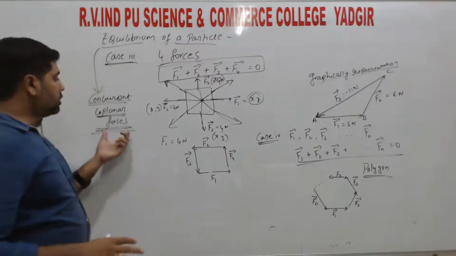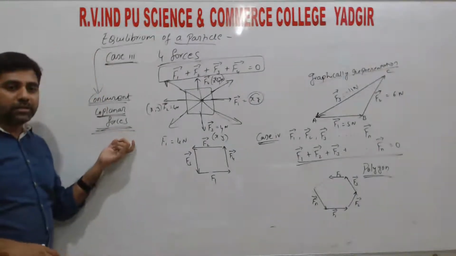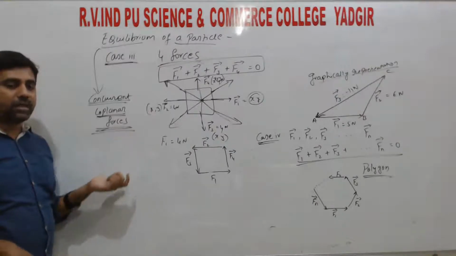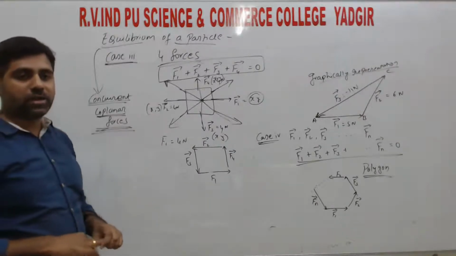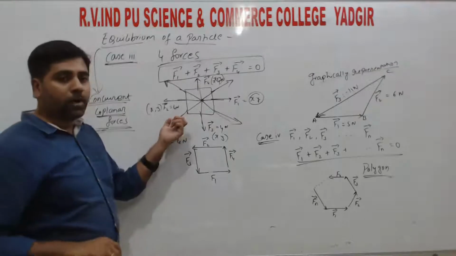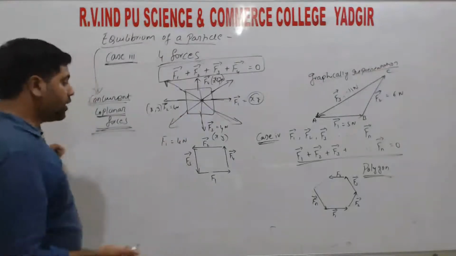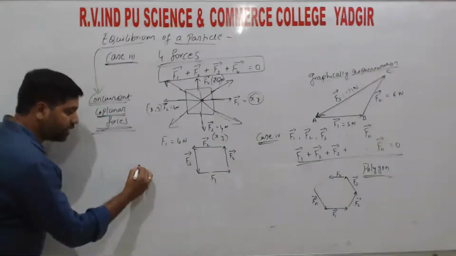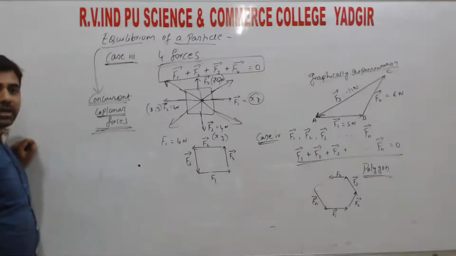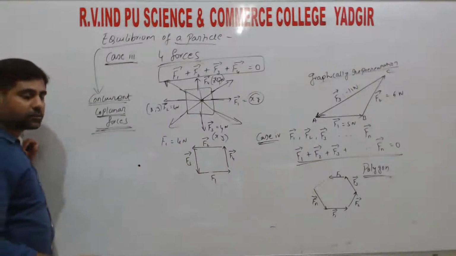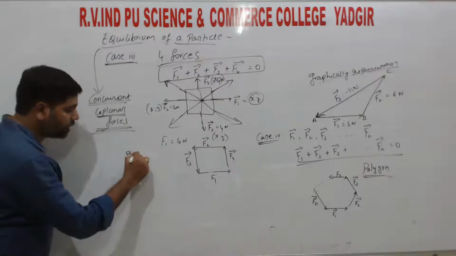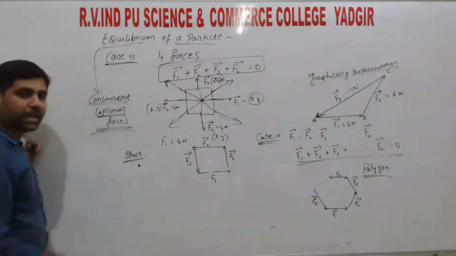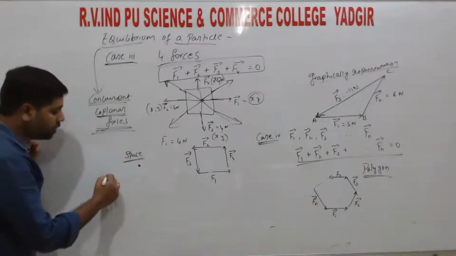So plane means having two coordinate axes: xy, yz or zx. So whenever we discuss using any two coordinate axes, we call it a plane, right? So now the same force which is acting on a particle in three dimensions, or in space. So if any object in space is in equilibrium, then the force